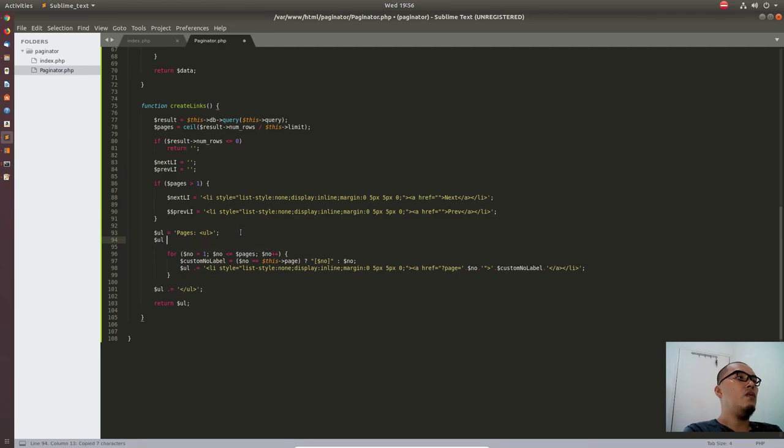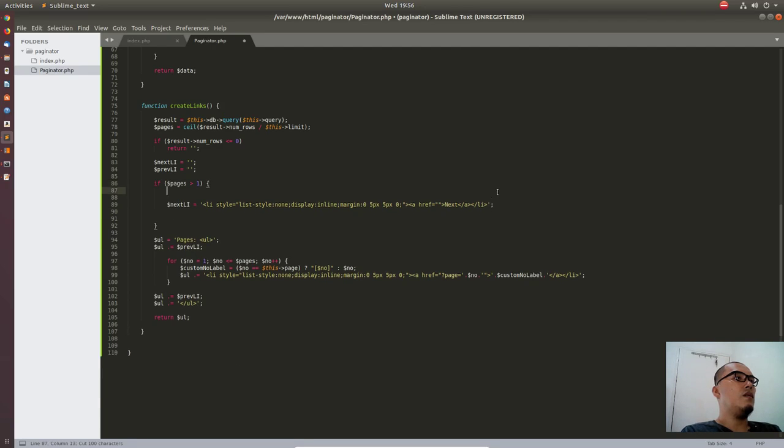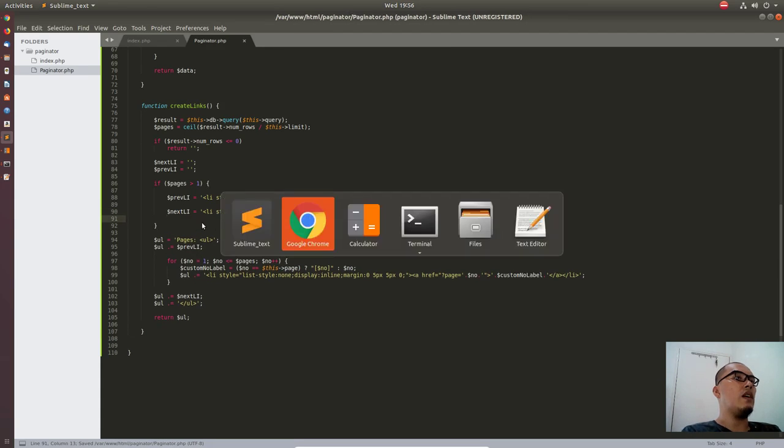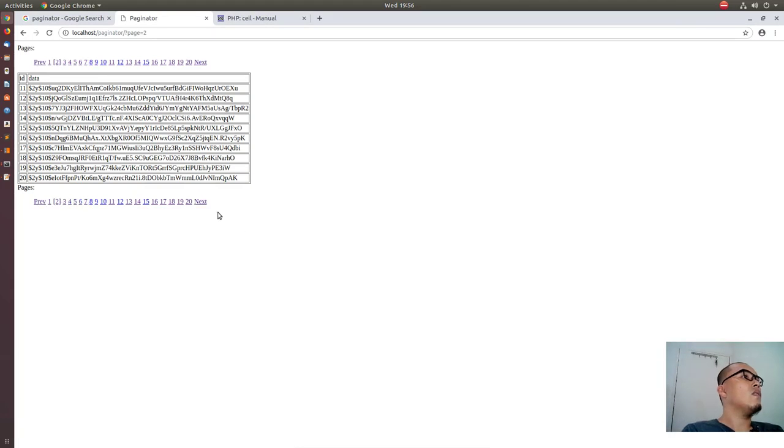So we're gonna call ul dot append, next, or this would be the previous li. Copy that one, and we just append this to the next. So we're gonna transfer it here. This one would be next. Without the functionality, we'll just check if it's showing correctly. As you can see, we have previous and next